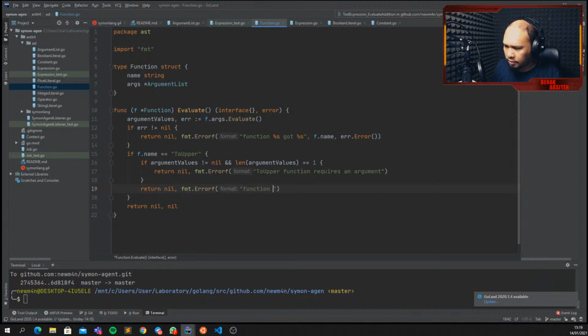Function, this requires one argument, which is the function name. Okay, and then here,